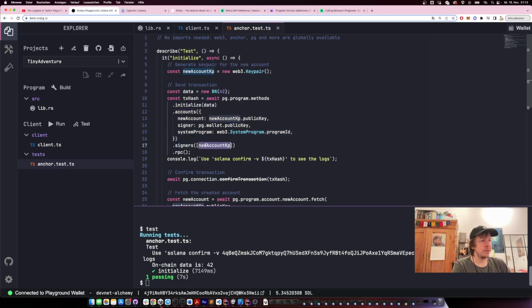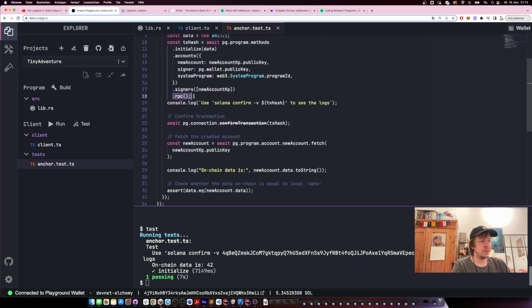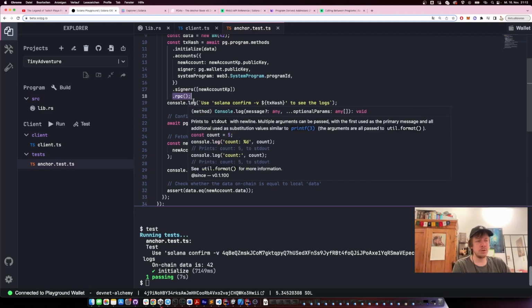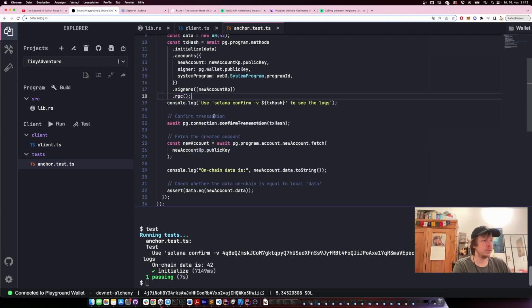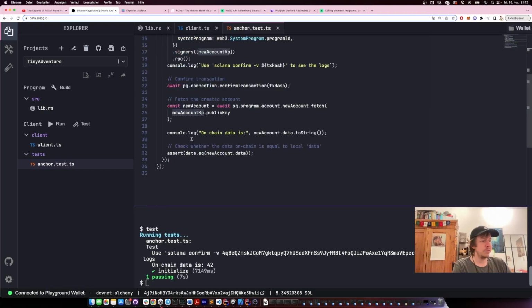And then the signer will also be this account here. And then .rpc sends it to an RPC node, and then it will be on chain. The connection confirm transaction confirms that the transaction went through, and then afterwards we fetch the data. So pg.program.account.newAccount.fetch with the public key that we created here will get us the data